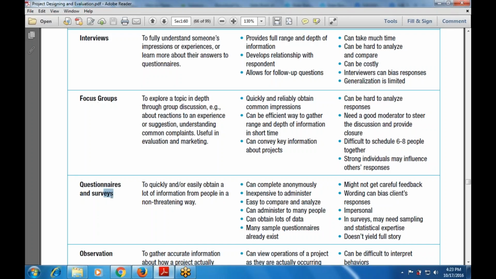The next one is the questionnaire and the surveys. How to use a questionnaire, how to build a questionnaire, what are the various advantages of the questionnaire, or what is the main purpose of using the questionnaire? So to quickly and easily obtain a lot of information. We can easily obtain multiple information